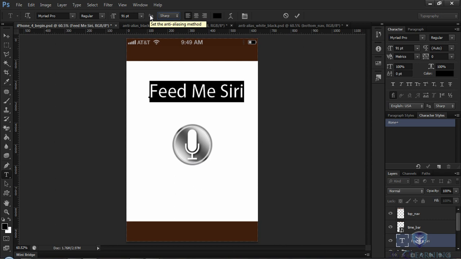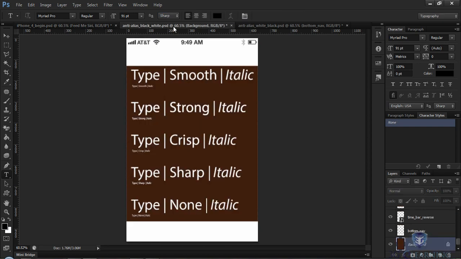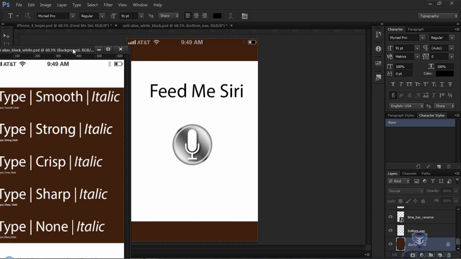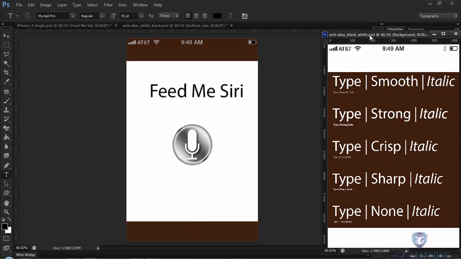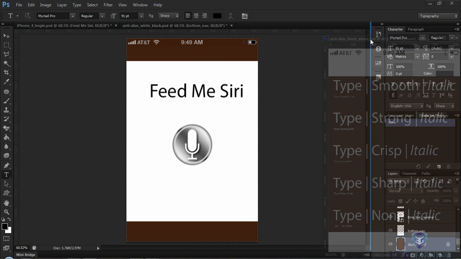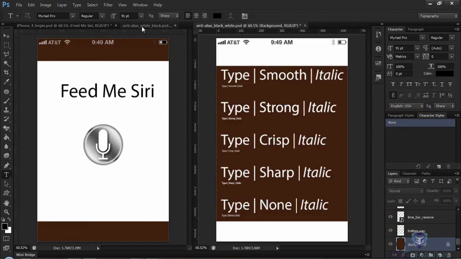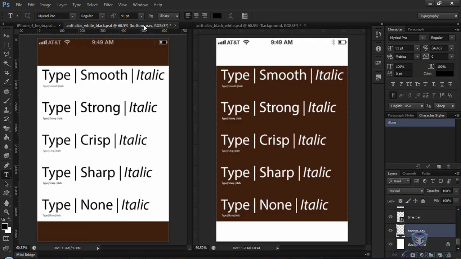It does blending of your background and the text so it looks smoother on screen. The default anti-aliasing method is Sharp, but I have built for you 2 example documents, and I am going to drag this over to the left side of my screen so I can split them side by side. I look for the blue bar to pop up, and now I can see anti-alias white, black, and anti-alias black, white, and what I set out for you here